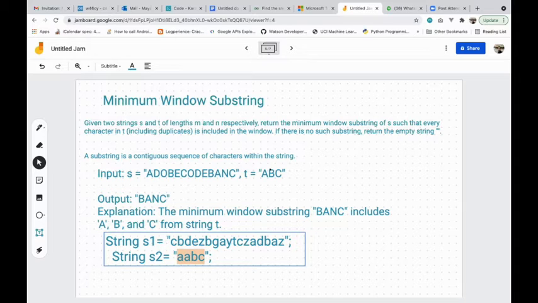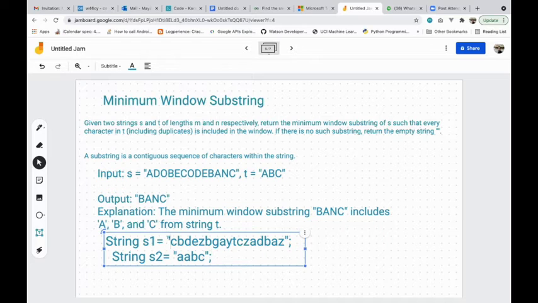Right. So we can have a count of all the characters in string 2, and then traverse string 1. Basically we can maintain a frequency map for both the strings. Let's say we initialize with string 2 and put its frequency in the S2 map: A having 2 count, B having 1 count, and C having 1 count.